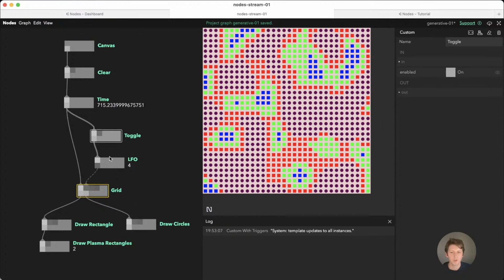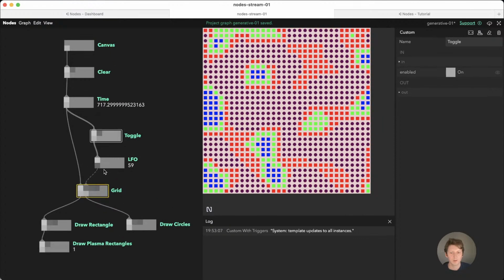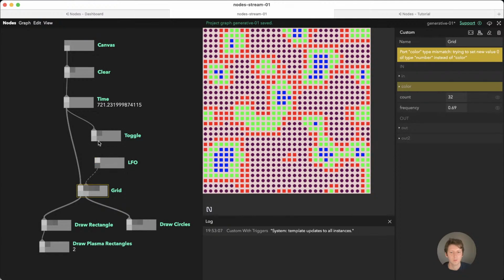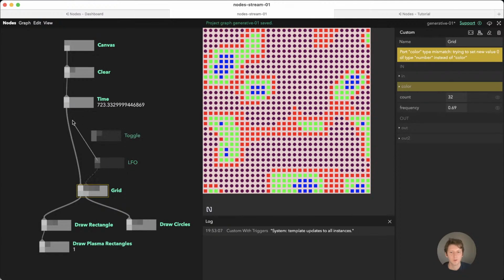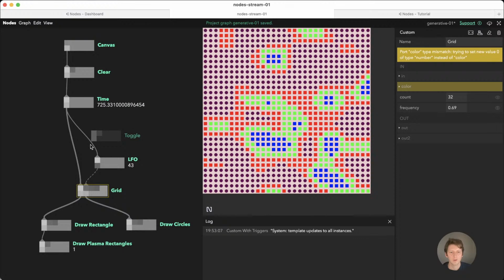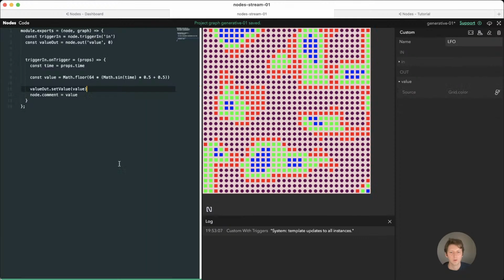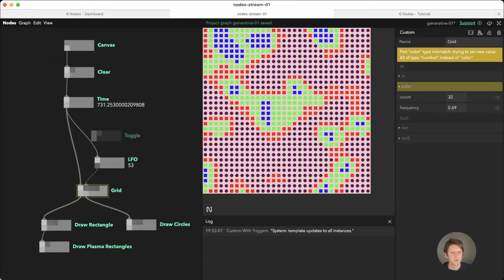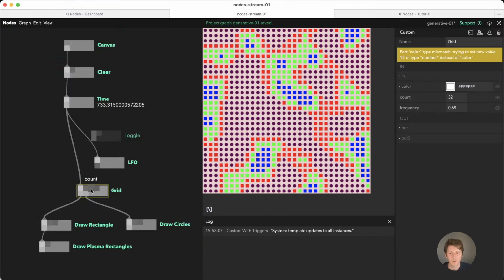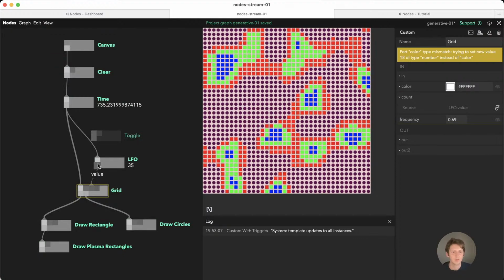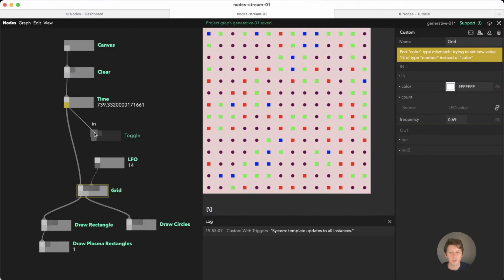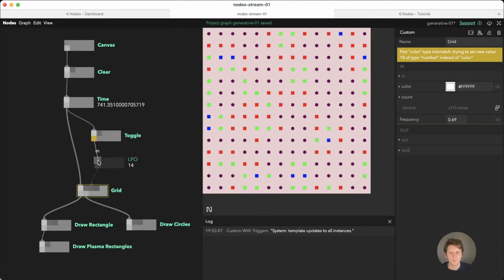to toggle, and why did LFO stop working? What happened? LFO is not working, and what is happening here? Ah, okay, I connected to the wrong port. Okay, so this is working, and if I pass it to toggle,